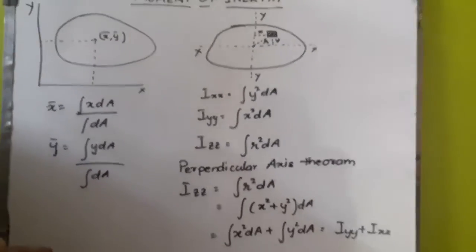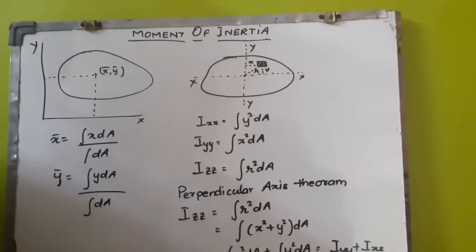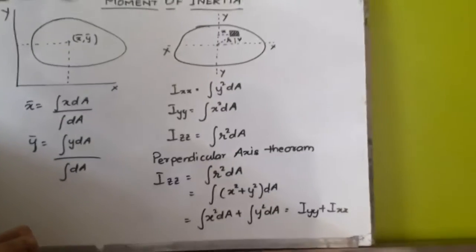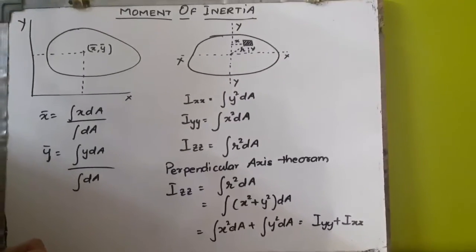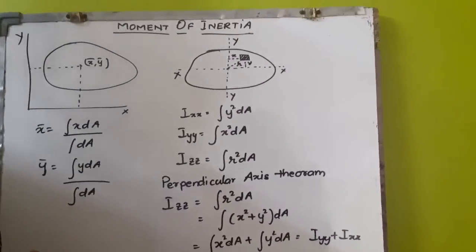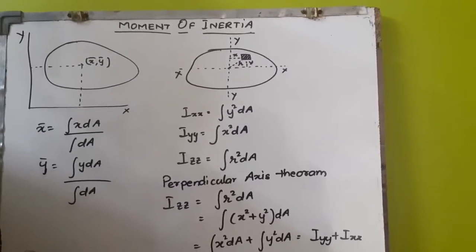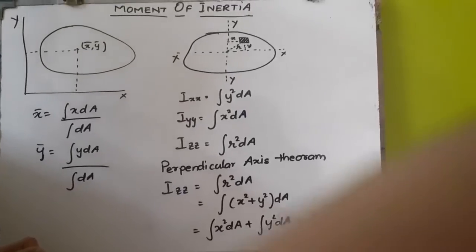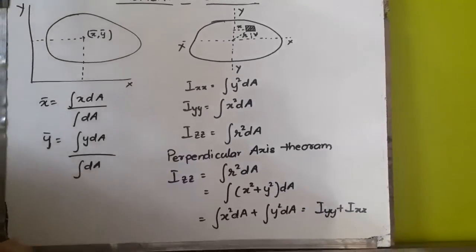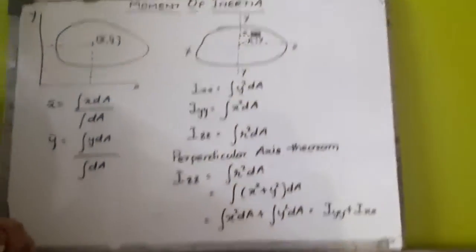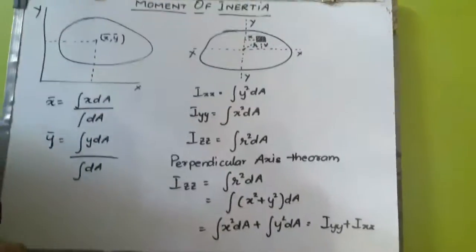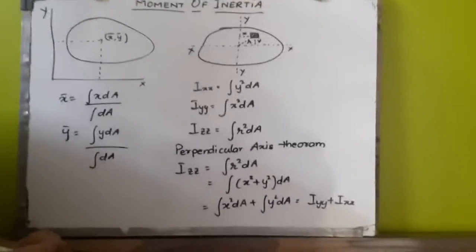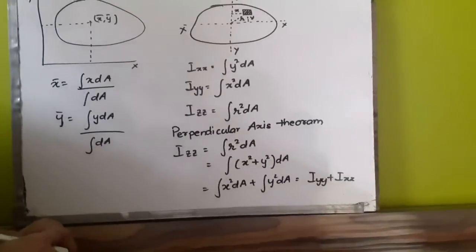In moment of inertia, what happens is you may have different cross sections, and all those cross sections may have the same area. But if they have the same area, that means they will be developing the same stress. So if they are developing the same stress, they will have the same strength coefficient. So you can say that the stresses generated are dependent upon cross-sectional area, and consequently the strength is also dependent upon the cross-sectional area, but it is not so.